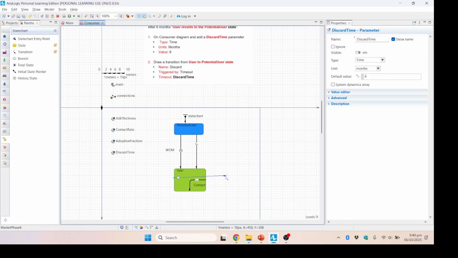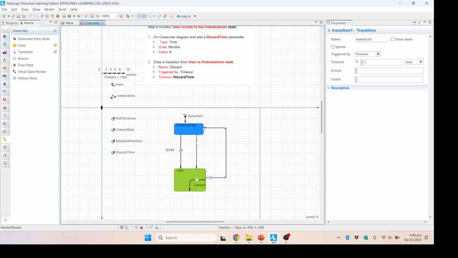click on the user box, and then from here move towards the potential user box. And this shows that this transition is selected, so if you look at the right hand side, there are the properties of this transition. We will call it discard,